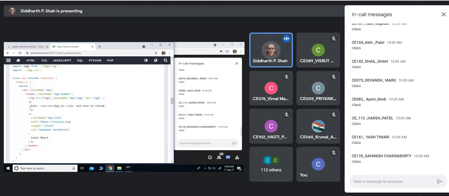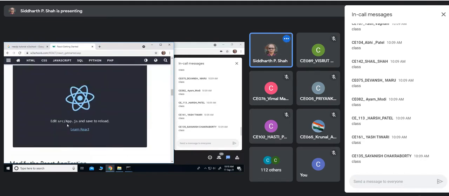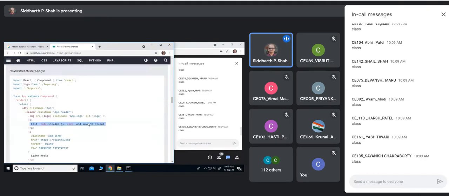So you can see this line you are getting in your output, isn't it? Edit, and then there is a code tag also. So it is coming from this app.js. This is app.js, inside which you create one App class. This is nothing but plain JavaScript, where you are creating one JavaScript class called App by extending Component.